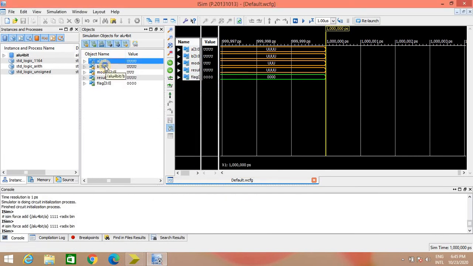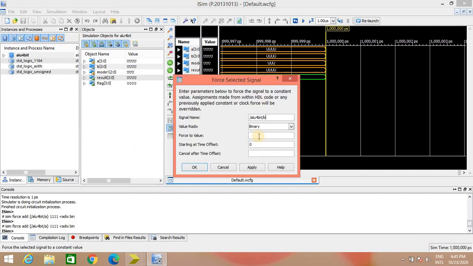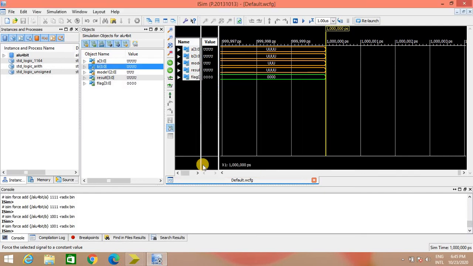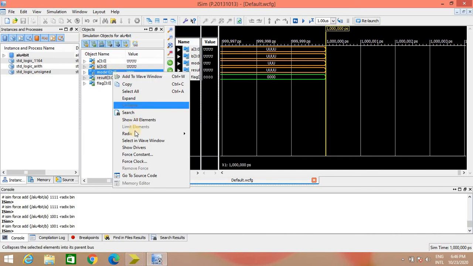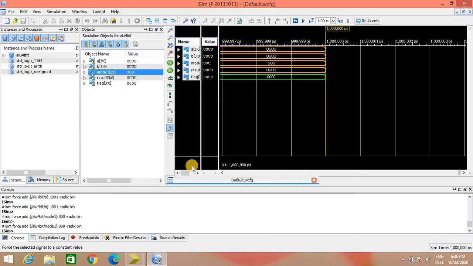For B, I am giving force constant with the value 1001, apply, OK. Now for mode, I want to perform addition, so I will select mode as 000: right click, force constant, give value 000, apply, OK.